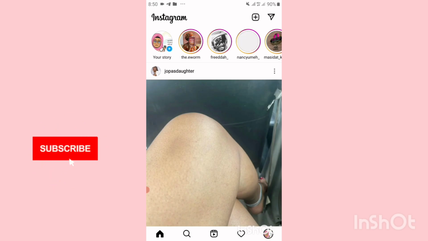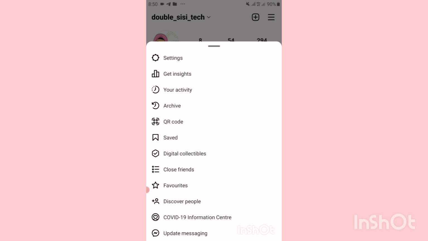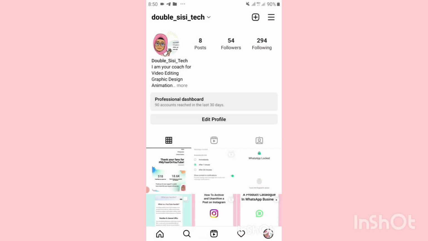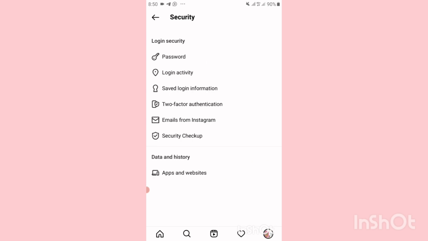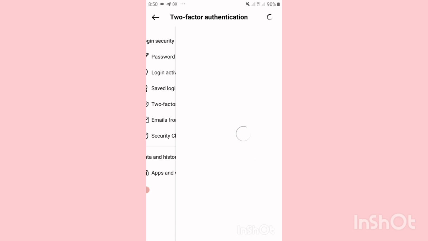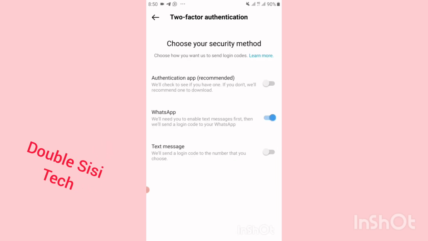So go to your profile picture at the bottom right, click on these three lines at the top right hand corner as shown by the arrow, then click on settings. Further, click on security. Click on two-factor authentication. Click on Get Started, and your security method can either be through an authentication app, WhatsApp,